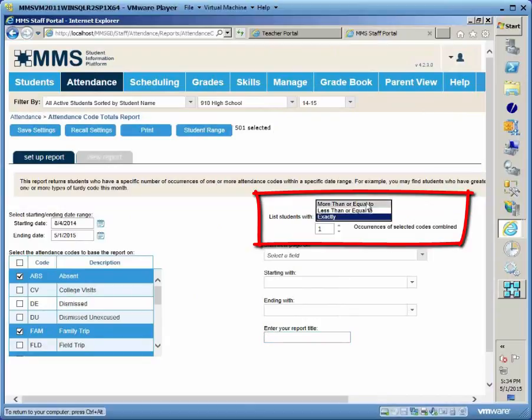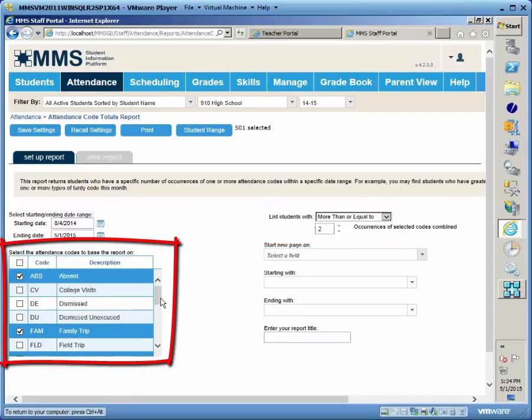I'm going to use the option of more than or equal to, and I'm going to use the number 2. So it's going to list any student that has more than or equal to 2 absent codes as I have